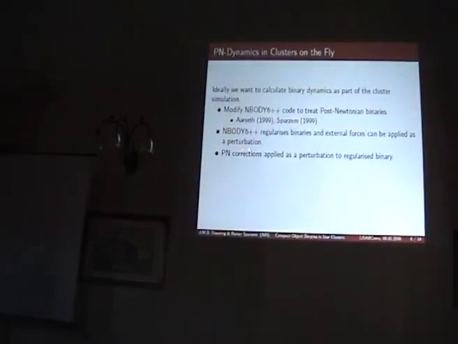NBODY6++ includes a regularization scheme for the binaries, and so the external forces are applied as a perturbation to this regularization, and then the PN corrections are applied as a perturbation to the regularized binary.